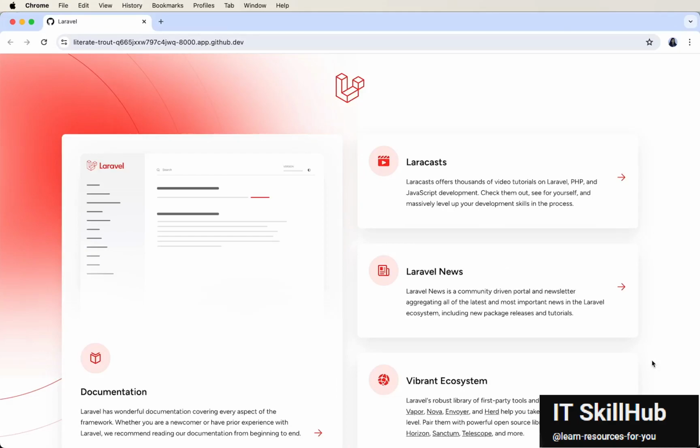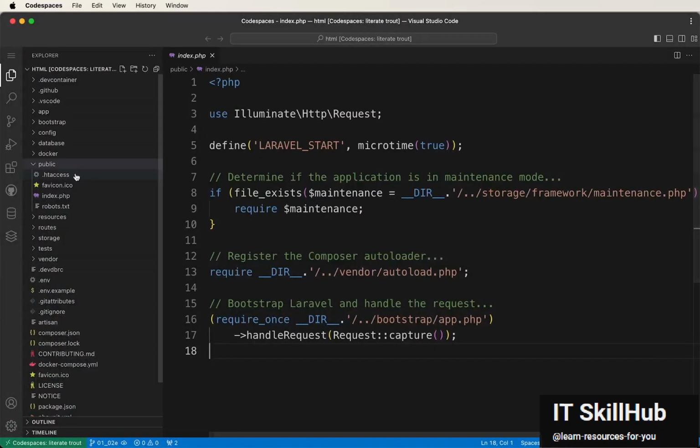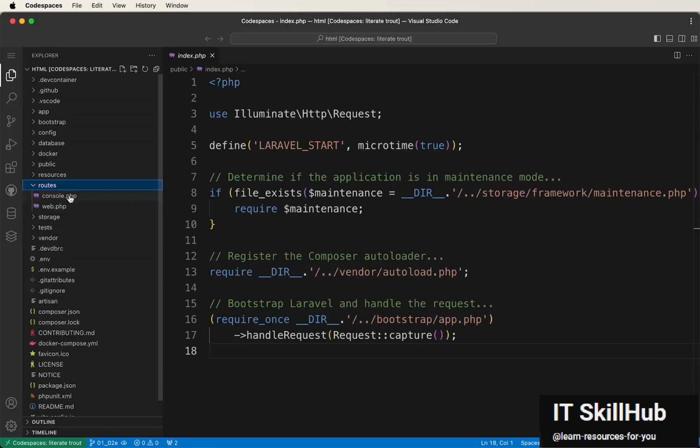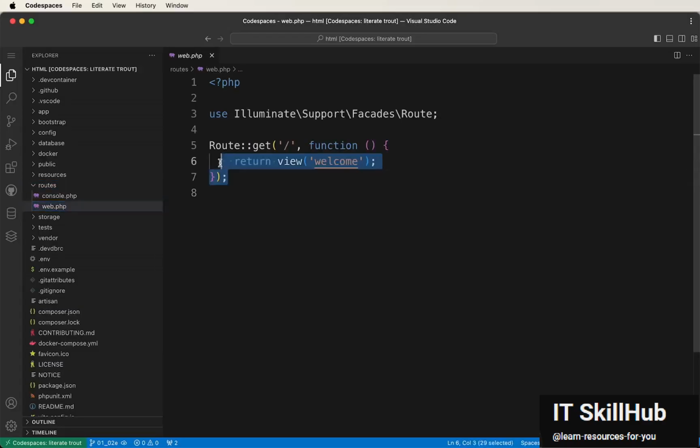Laravel, just like any other framework, has routes. They are defined in a routes file located in the routes directory, which is here. You can see two files here, but web.php is the only one we're going to use in this course. This contains all the web routes. You see, we have a single route defined here, which is the base URL for our project. This returns the welcome view.